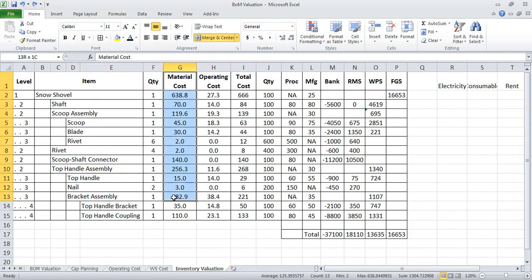This is the material cost for all those items. This is the operating cost, and the total of those costs is given here. This quantity is for the one number of snow shovel. Now suppose if you want to make 100 snow shovel, then I need 100 shafts, I need 100 scoop assembly. Now to make 100 scoop assembly, I need 100 scoops,